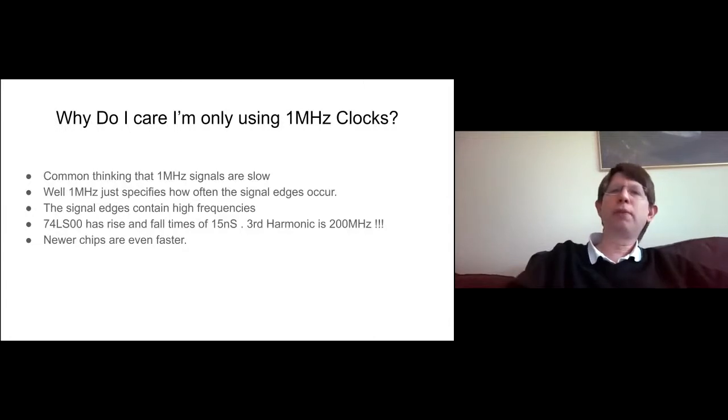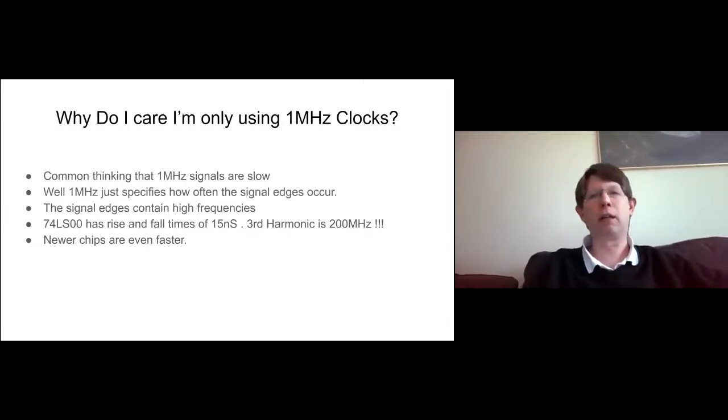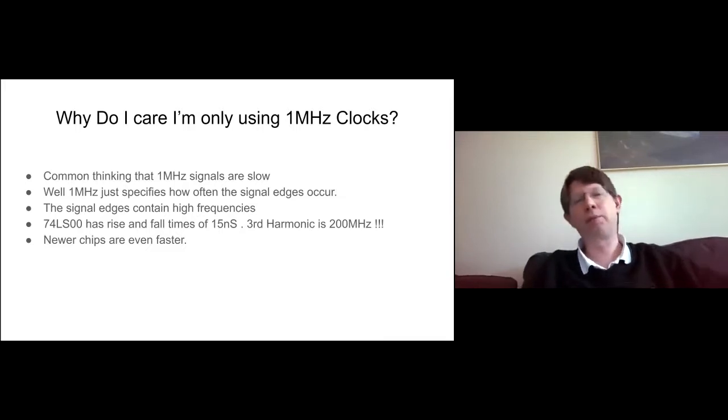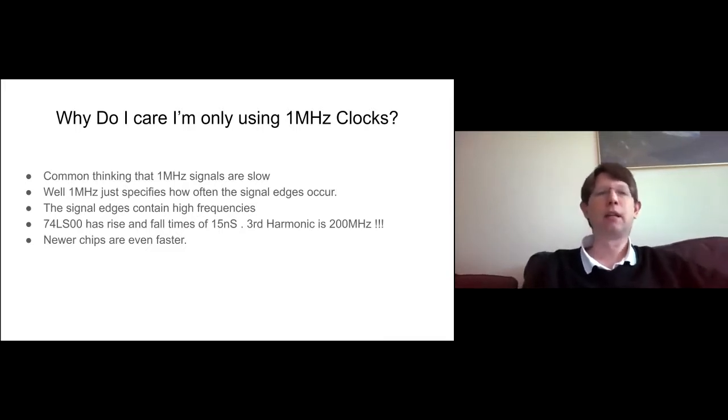So a common thing I hear is, why do I care? I'm only using a 1 megahertz clock, so my PCBs can be made in all sorts of random ways. With a 1 megahertz clock, well, the actual base frequency is slow, but the 1 megahertz actually specifies just how often the signal edges occur. And it's the signal edges that contain all the high frequency. So even if we go back to an old